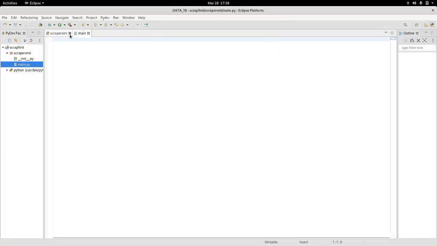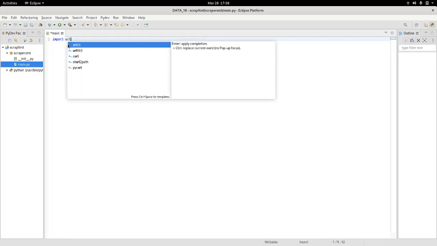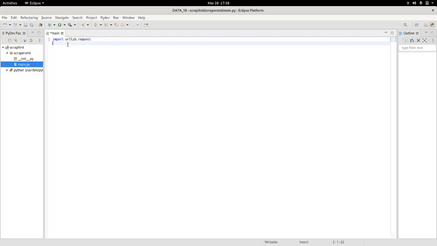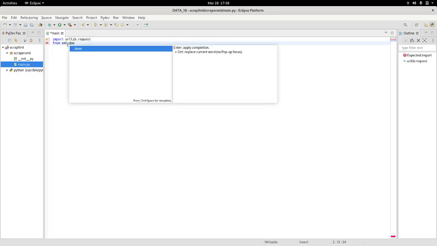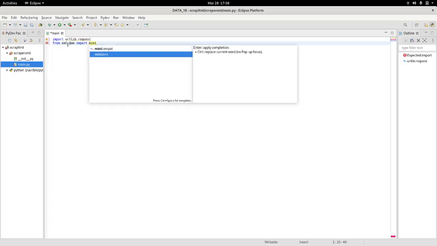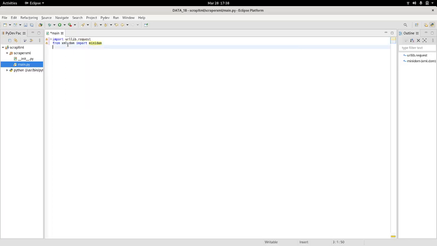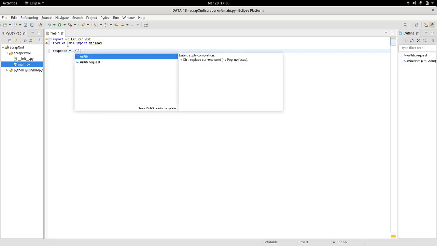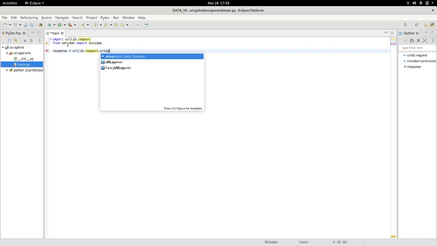So from here I'm going to start working. The first thing that I will do is import urllib.request. Then from xml.dom I will import minidom. There it is. Next I'm going to start using these two libraries. I will store into the response variable whatever I get from the request urlopen